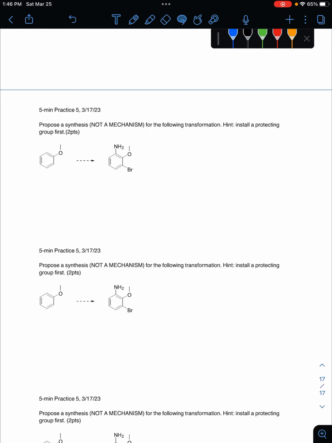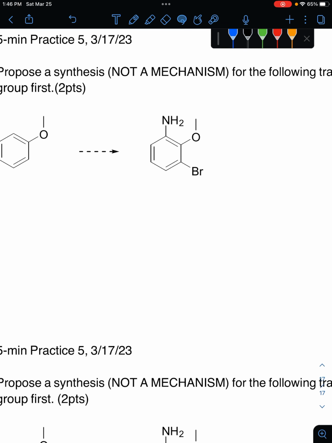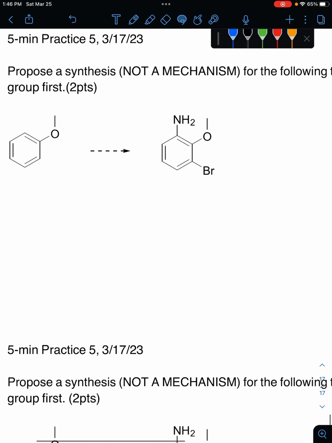First thing that stands out about this molecule is that there is definitely an electron donating group, a methoxy group, which would be an OP director. And yet, by the way, it says 2 points, but there's no points associated with this. Yet in the product, there's nothing at the para position, which indicates that we probably have to protect that position,